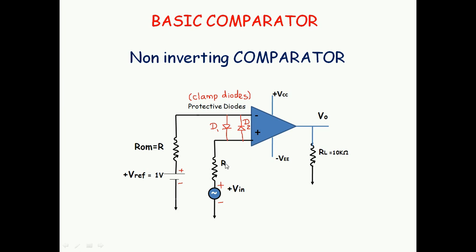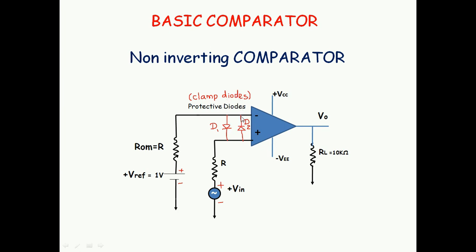You can see one resistor which is connected in series with Vin. This resistor limits the flow of current through these protecting diodes. When we supply variable input voltage to this op-amp, there is a possibility that V out may go to 0. That situation leads to an offset problem. In order to avoid the offset problem, there is one more resistor connected between V reference of 1 volt and the negative terminal of the operational amplifier, and these protecting diodes are known as clamping diodes.